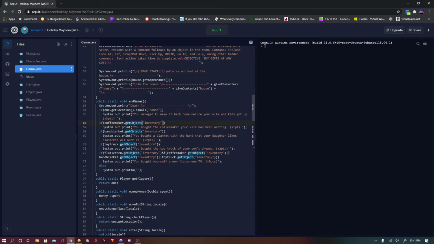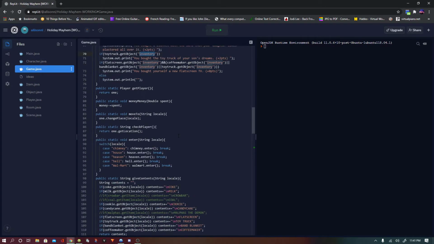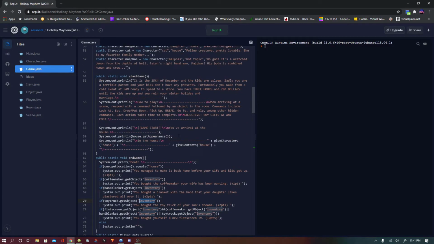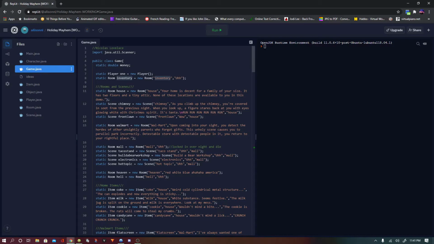These are if you have everything. So these get objects and then inventory. These are checking if this is equal to the location that it's in. So it's like asking if it's in the inventory room. Yeah, so that's the end of the game. Now, that's pretty simple. But all the other stuff I wanted to add, I'm going to start going through that now.